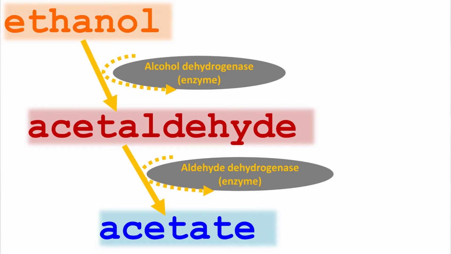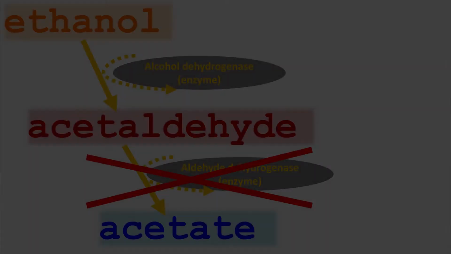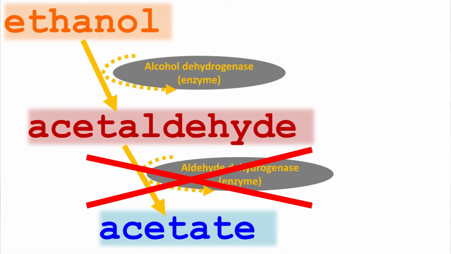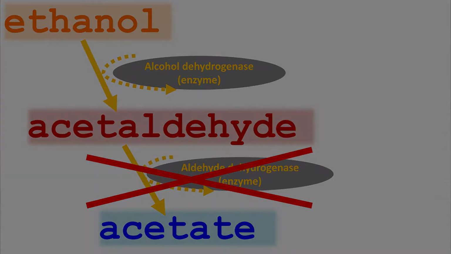Well, what's going on? Look back to our metabolic pathway, ethanol being metabolized into acetaldehyde, being metabolized into acetate, and then being excreted from your body. People who have the fast flushing response don't produce a functioning version of aldehyde dehydrogenase. So what's going to happen if you don't produce aldehyde dehydrogenase? Well, think about it. You've blocked that conversion from acetaldehyde to acetate. So you consume the ethanol, it gets converted into acetaldehyde, then it's blocked.